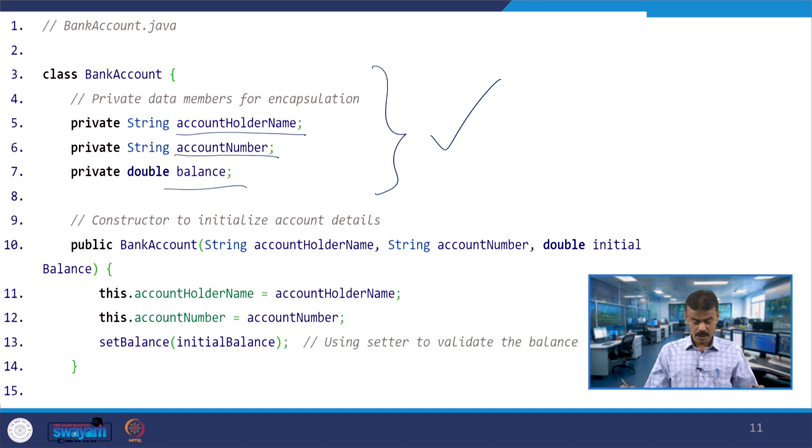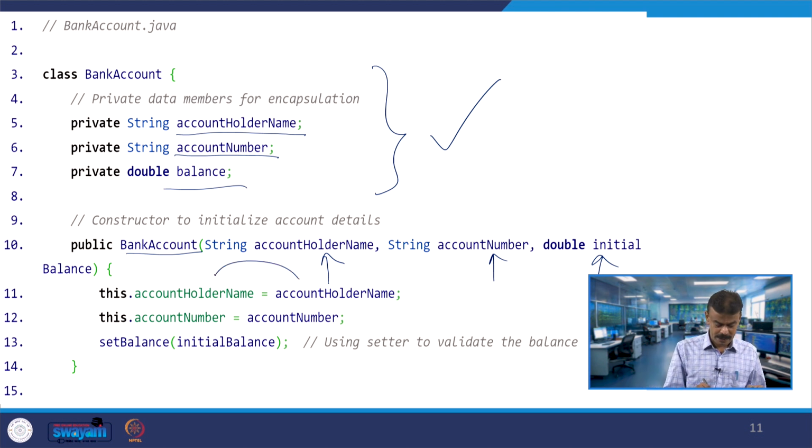Okay. Now let us have the constructor bank account. We are going to pass account holder name, account number and initial balance. These are the 3 arguments, that means 3 values you have to pass in the main, and then they will all be assigned.